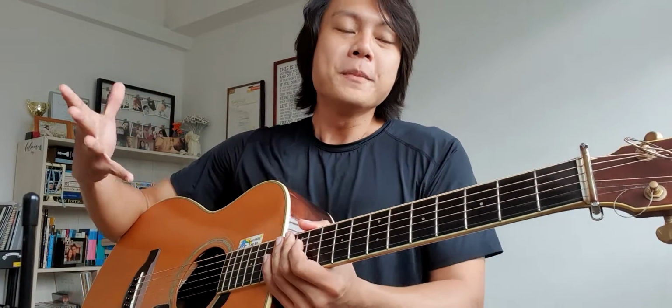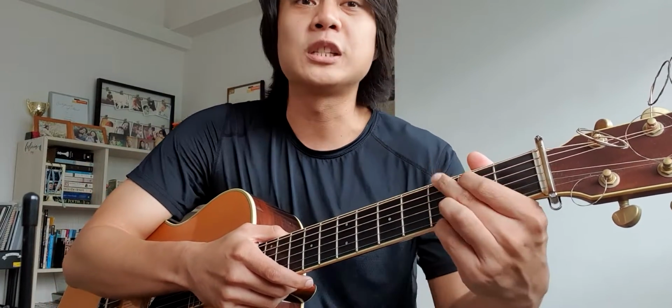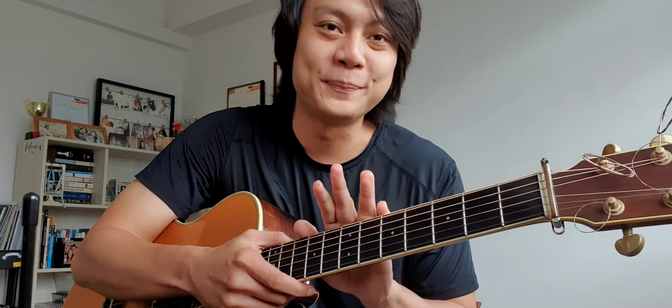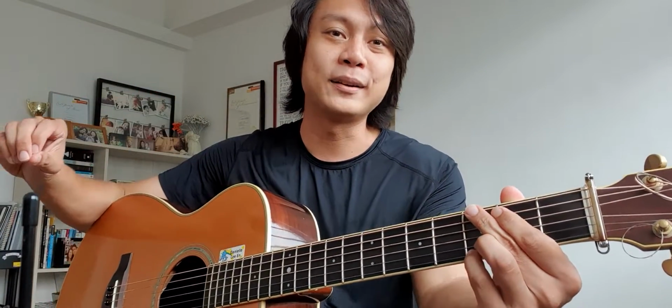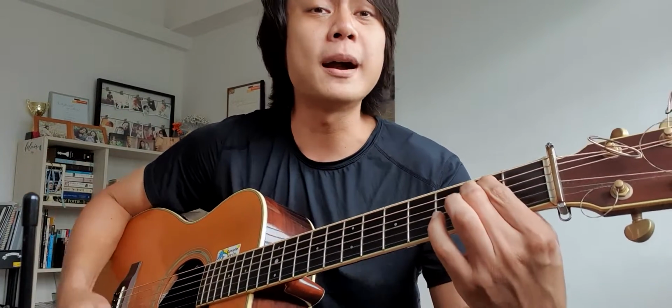The main thing is you want to make sure that you're able to switch those 4 chords smoothly, without any pauses, and also bear in mind the chords have to be clear. Even if you're fast, it does not matter. The chord has to be fast and it has to be clear. So we've got E minor,